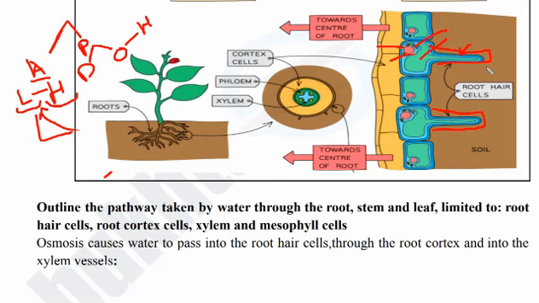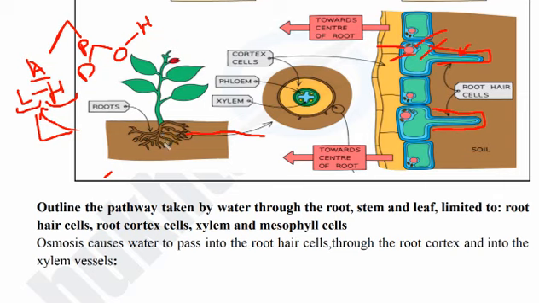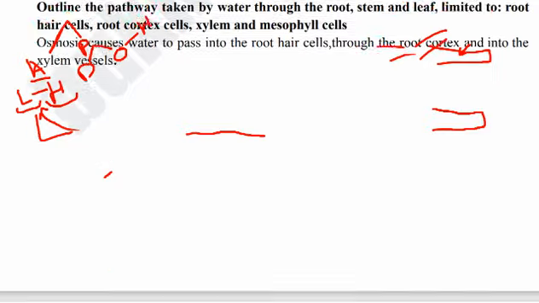और mineral ions की. The next content that we need to understand is the pathway taken by water to the root hair. How will the water be transported from the root to the other parts of the plant? As we have discussed, the root absorbs water and mineral ions. First, the water is absorbed by the root hairs. So how does this root hair absorb water and mineral ions? We need to understand this pathway. This is the simplest thing.